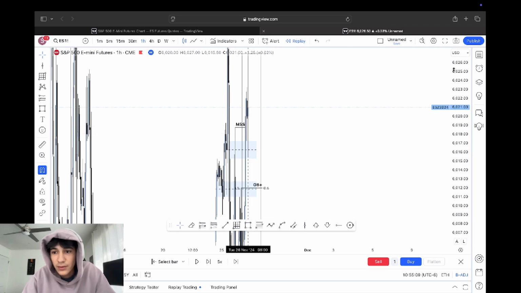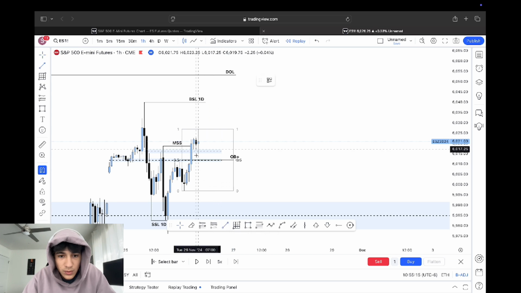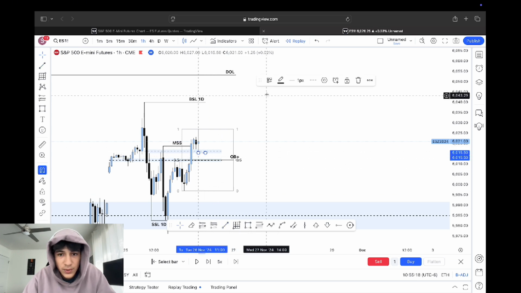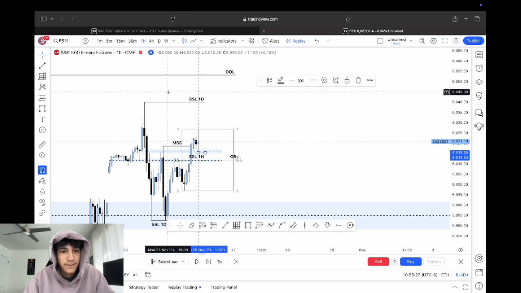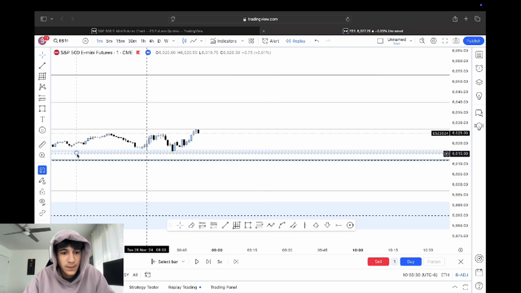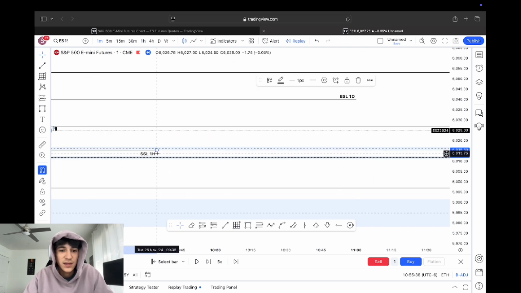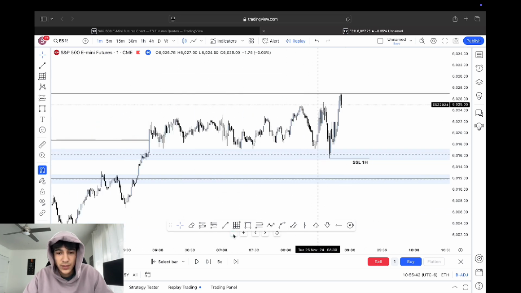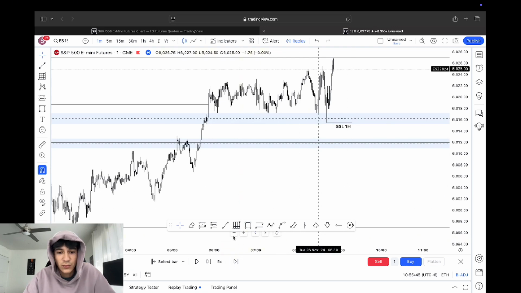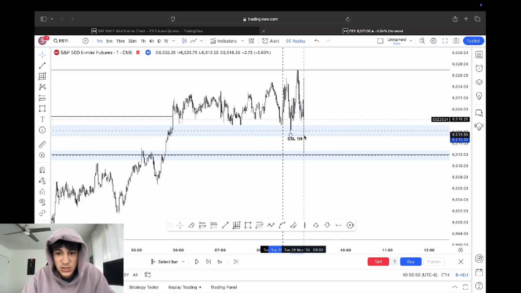Wait, if I go to the 1 hour, okay. Now that we have this, because this liquidity comes into play in just a sec. But now that we're here, I'm just waiting for price to come back. We sweep out this liquidity. This crazy candle